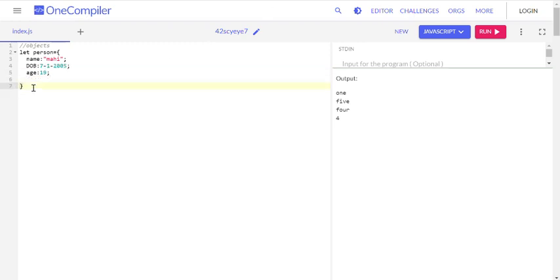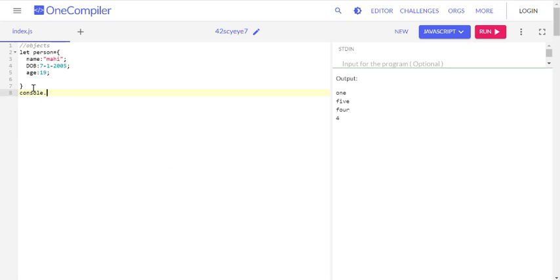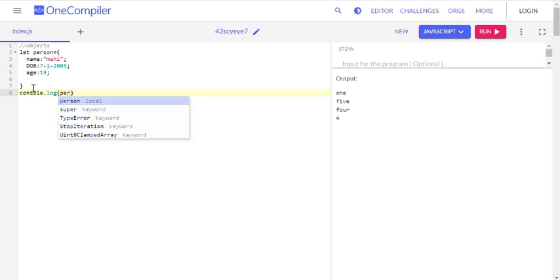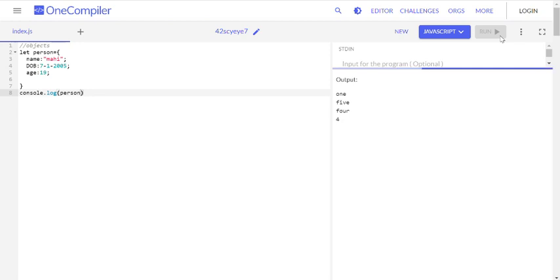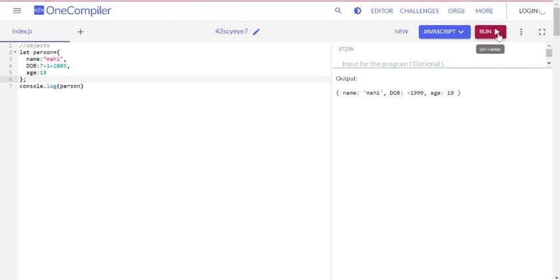So if we take a look at the output, we get the details, and we can add some other properties like